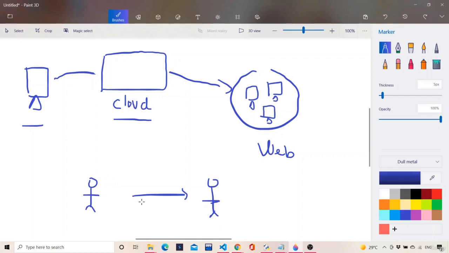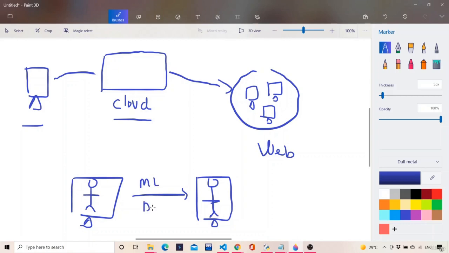But what if this person is a computer, and this computer wants to communicate with that computer by sharing some resource which performs some computational activity, like machine learning or deep learning or blockchain or some other activity which requires a processor? That is not possible in the case of a vanilla network.